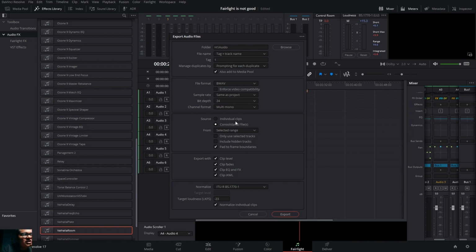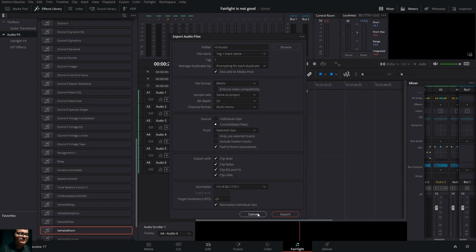Individual clip, consolidated, like that. Select the range or selected clips. You can do selected clips over here, and then you can just print it out. Whatever clip level effects are there, only those will come. The inspector one, clip level effects only, not the track selected one.